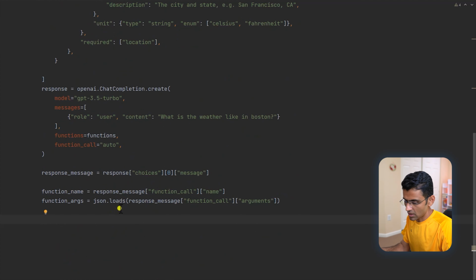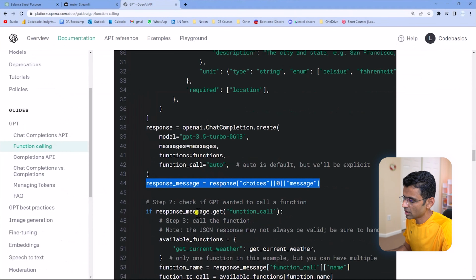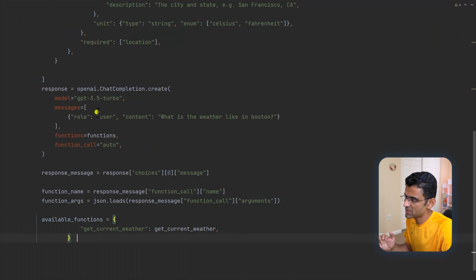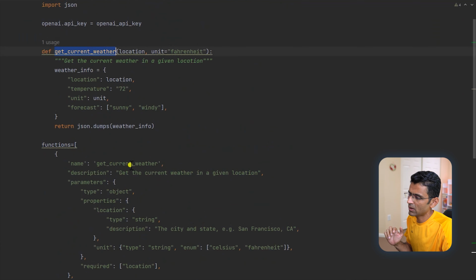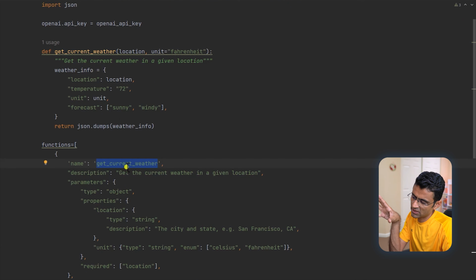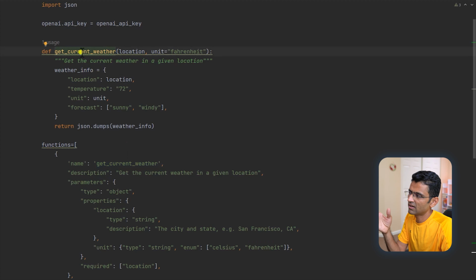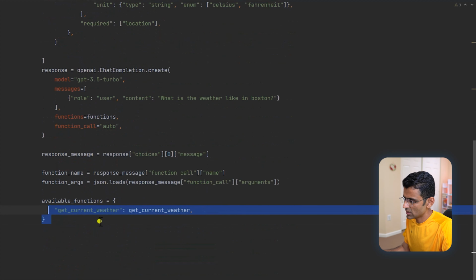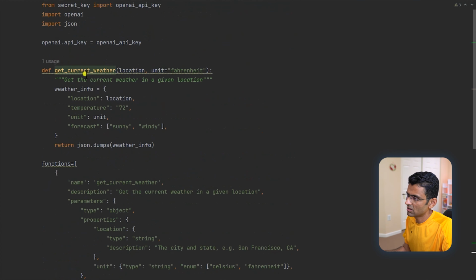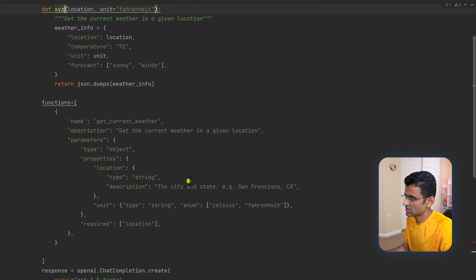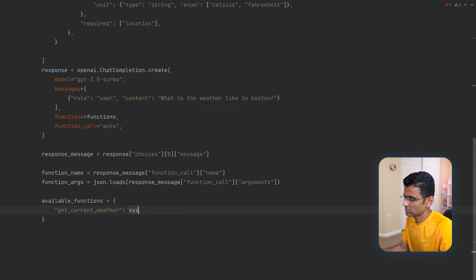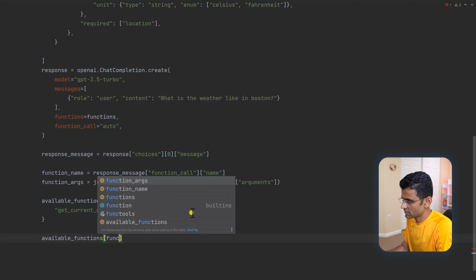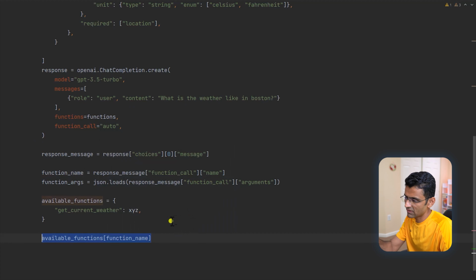But what we'll do is create this map called available_functions to call. The reason we create this map is that you don't necessarily need to have the same function name here. You can have get_current_weather here, and you can have some other name, xyz. So you can do that kind of mapping here. Let's say if your function name here, for example, was xyz, then you will put xyz here. So you're getting an idea. And from that available_functions, if I say function name, I will get xyz, right?